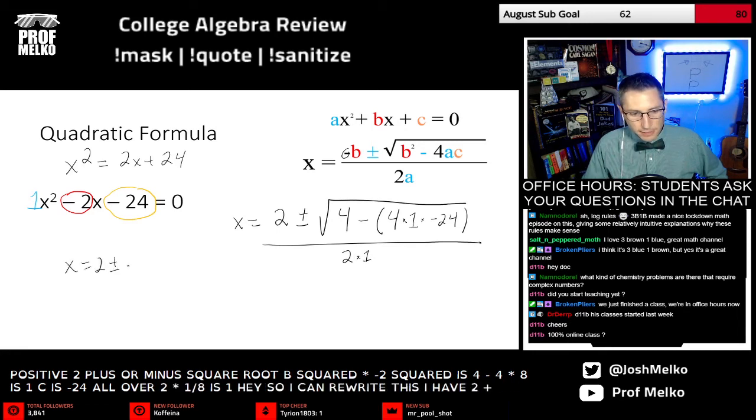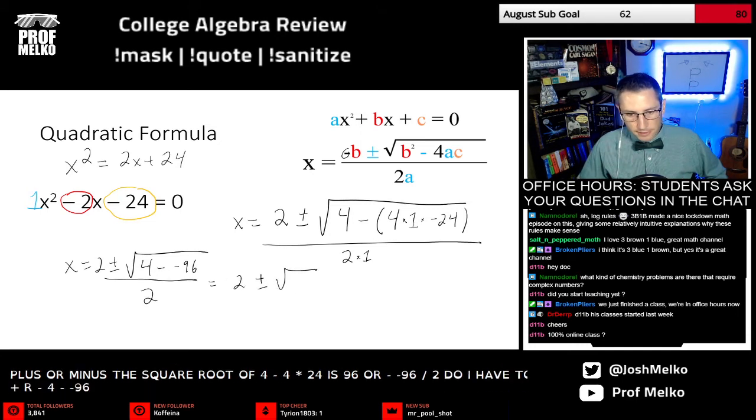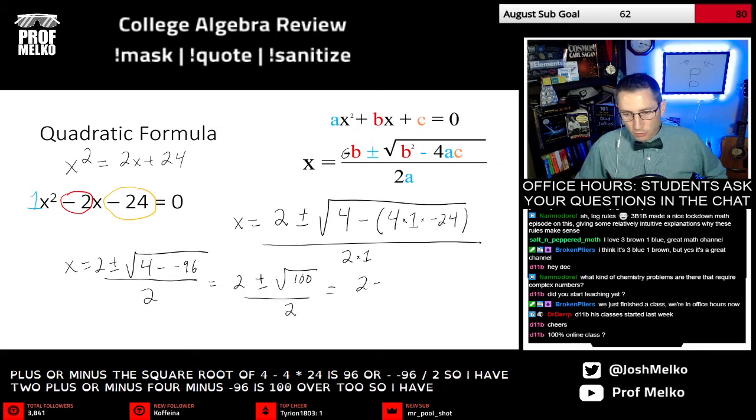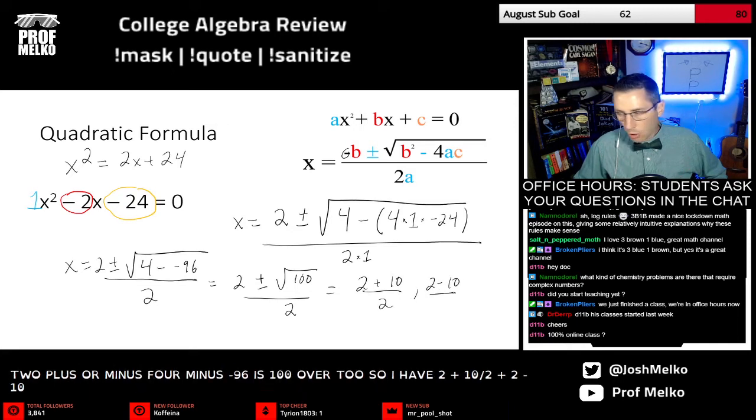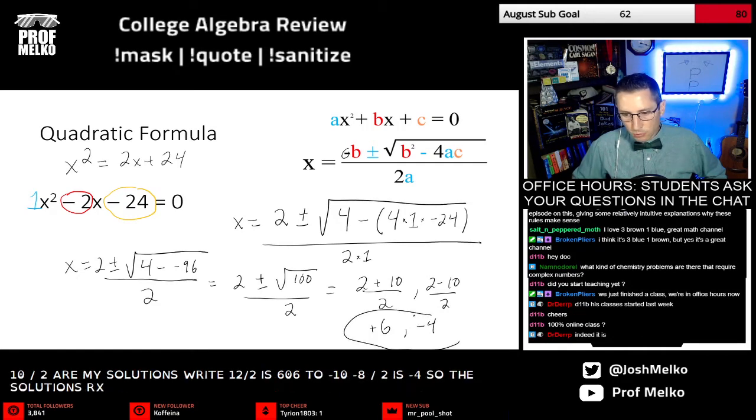I have 2 plus or minus the square root of 4 minus 4 times 24 is 96, or minus negative 96, over 2. So I have 2 plus or minus 4 minus negative 96 is 100, over 2. Okay, so I have 2 plus 10 over 2, and 2 minus 10 over 2 are my solutions, right? 12 over 2 is 6, plus 6. 2 minus 10, negative 8 over 2 is negative 4. So the solutions are x equals plus 6